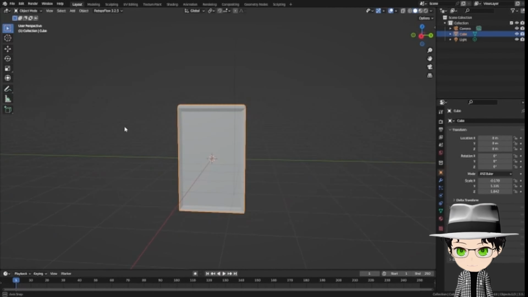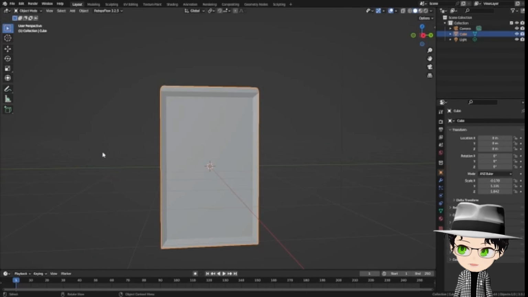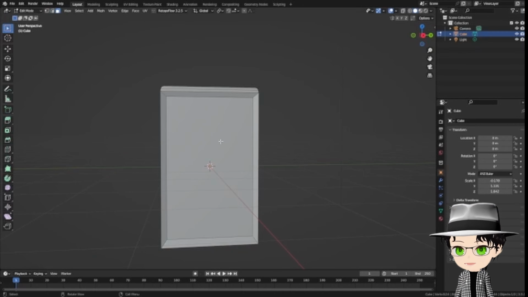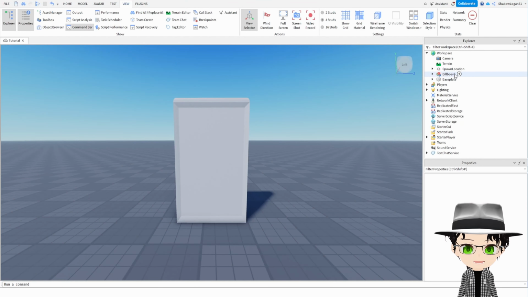That's okay. We'll just stick with something simple like this for now. You can always go back and change it later. All right, so after a bit of work, I finally got my billboard system into Roblox